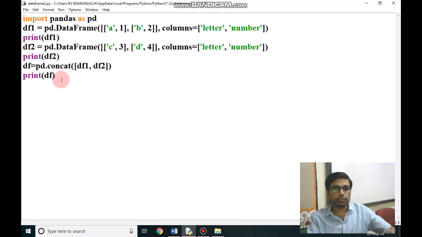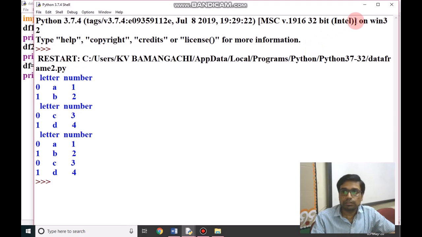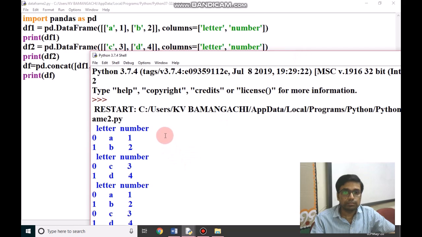If we run this program, we are looking here. First data frame was letter number, column name A, B, 1, 2, and C1, B2, then C3. Second data frame is C3, D4.